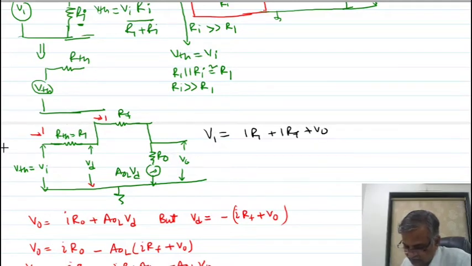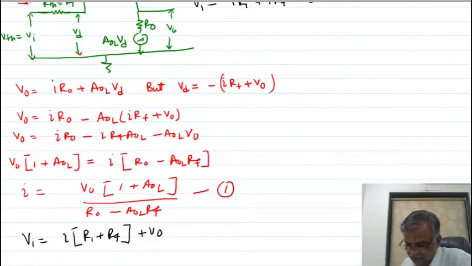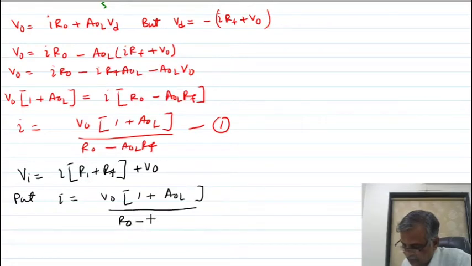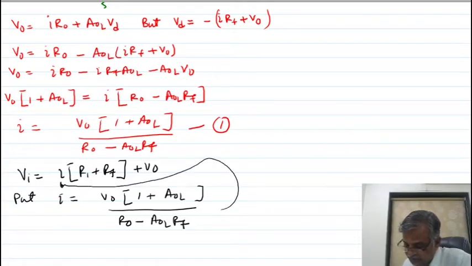You can see this voltage drop plus this voltage drop plus this, that I have written here. If I put the value of current here, put I is equal to VO into 1 plus AOL upon RO minus AOL into RF, by putting this value in this equation,